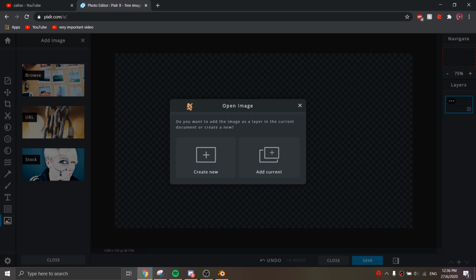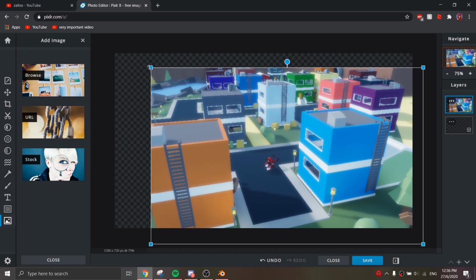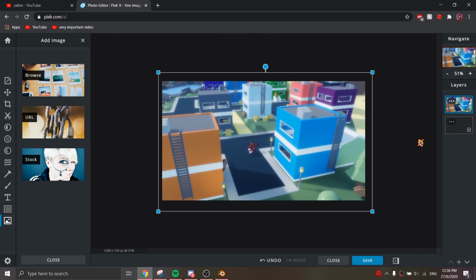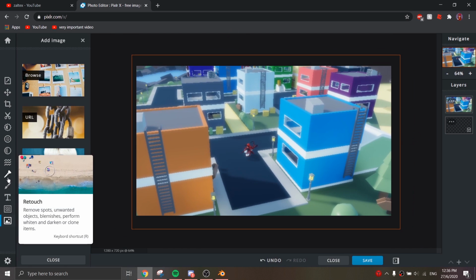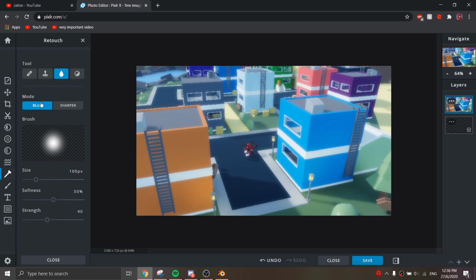Go to ZAR. That's the file I've given myself. Now add current, don't create new, and resize it so it fits the whole place. Now what you're gonna do is go over to this brush symbol and select your image layer. Go over to sharpen blur, press blur, make sure your blur is selected, and go to size 500 pixels, softness 0, strength 100, and just brush